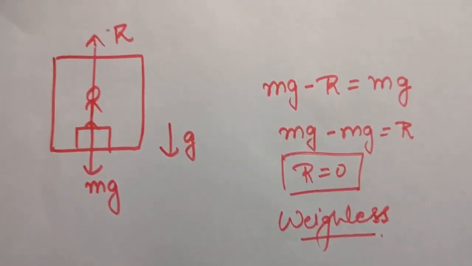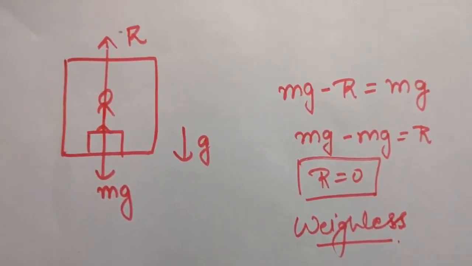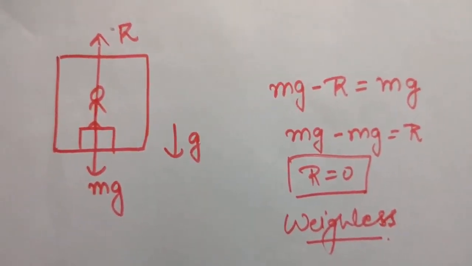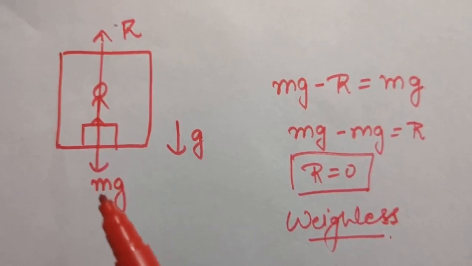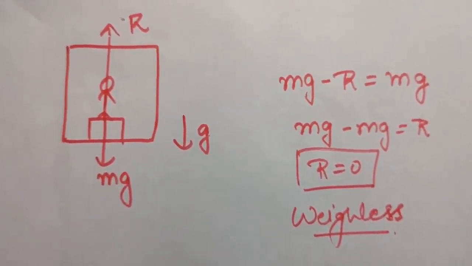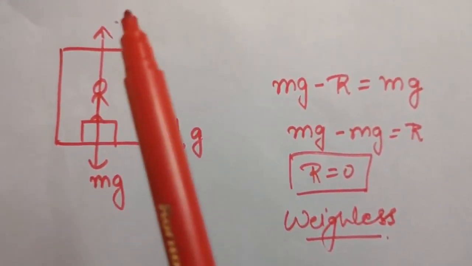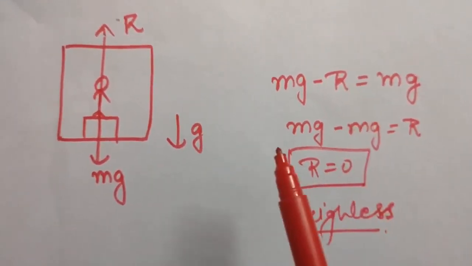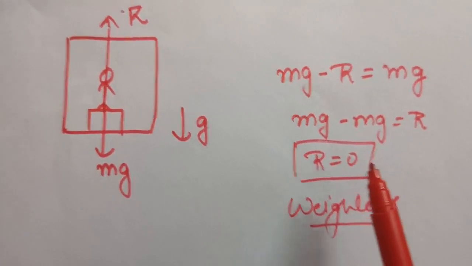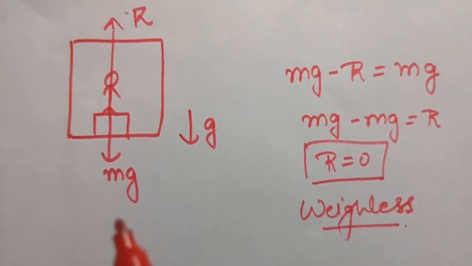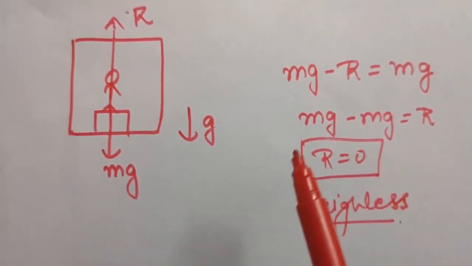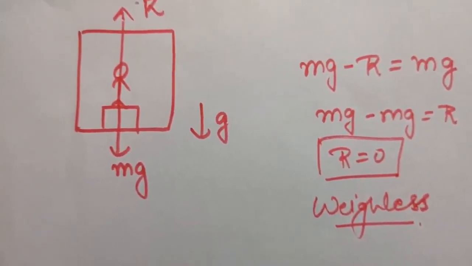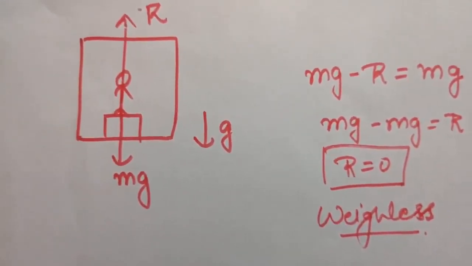Okay, so there was one case which I gave you in homework, that what will happen if the lift is in free fall. Now if you make the equation, see, because it is going in downward direction, again downward direction will be positive, so mg minus R will come to be equal to mg, or you can say R will come to be mg minus mg, therefore R will come to be 0. That means in this particular case the apparent weight of the body will become 0, or you can say the body becomes weightless in free fall.